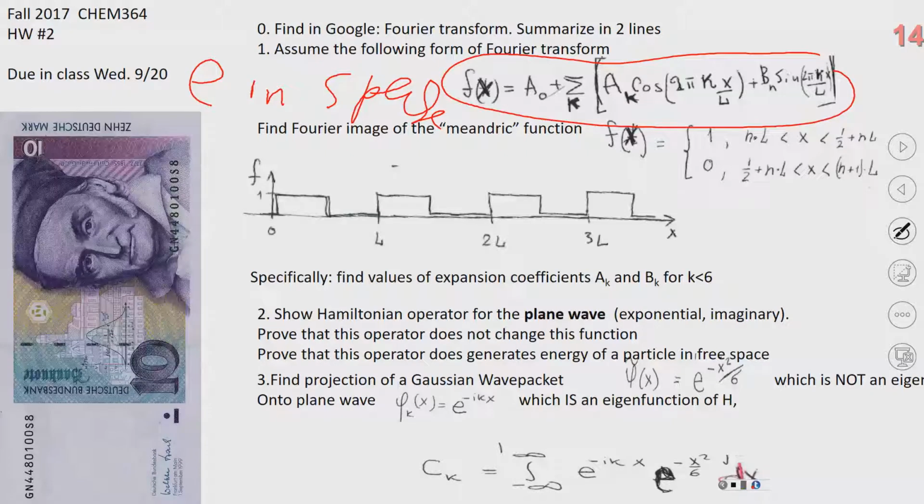So one can expand a function in a basis of oscillatory sines and cosines. Like here, any function can be represented as a summation of cosines with different frequencies, and one needs to find the expansion coefficients. And another form where any function can be represented as a summation of oscillatory exponentials, but the idea is the same. So the task is to consider a function that is periodic but not harmonic,